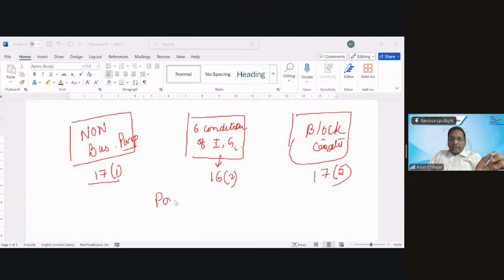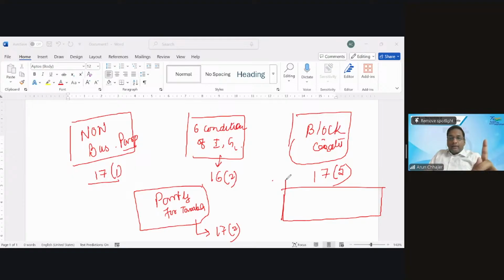If you are using goods partly for taxable supplies and partly for exempt supply, then ITC will not be allowed to the extent of exempt supply. Am I right? Where is it written? 17 subsection 2. Last point: the rate notification says that if you choose 5%, just as an example, let's say I am into the restaurant and I'm using the 5% outward taxable supply, ITC is not allowed. It is written in the rate notification.